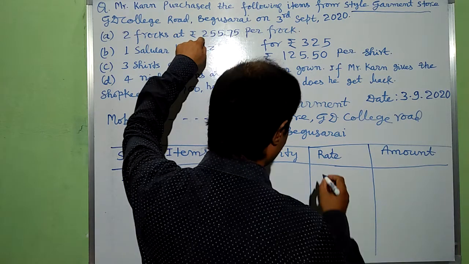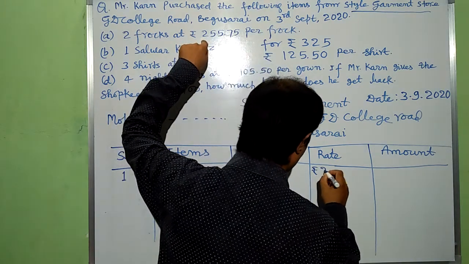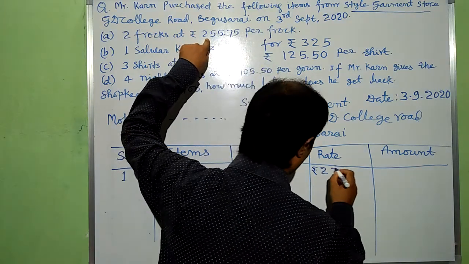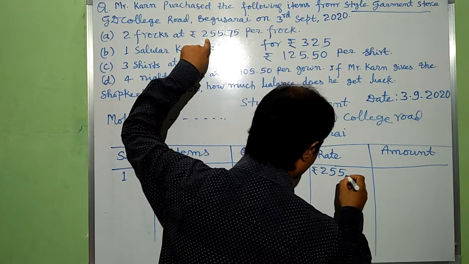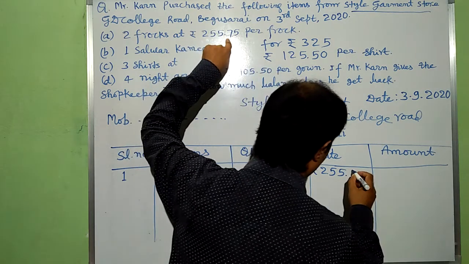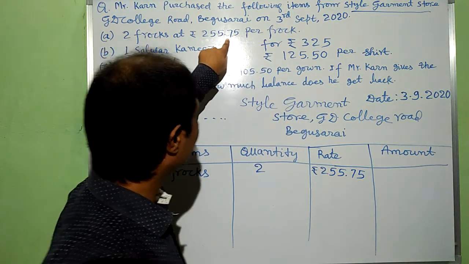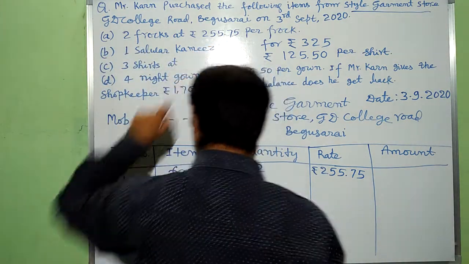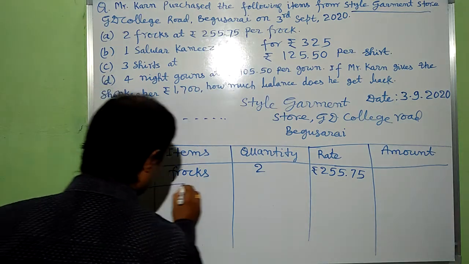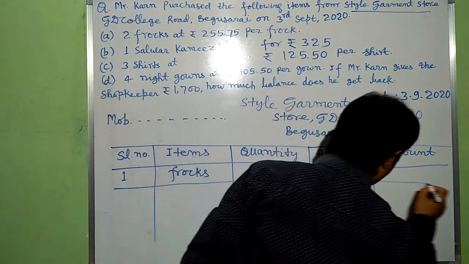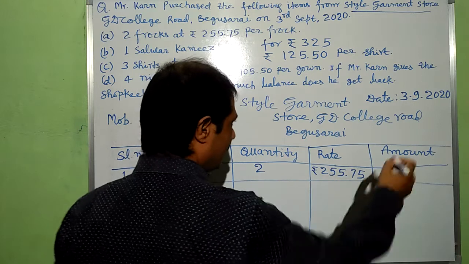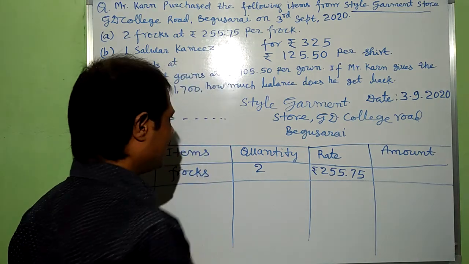It is here rupees 255.75. This is the cost of one article, per frock. Its amount will be calculated like this: